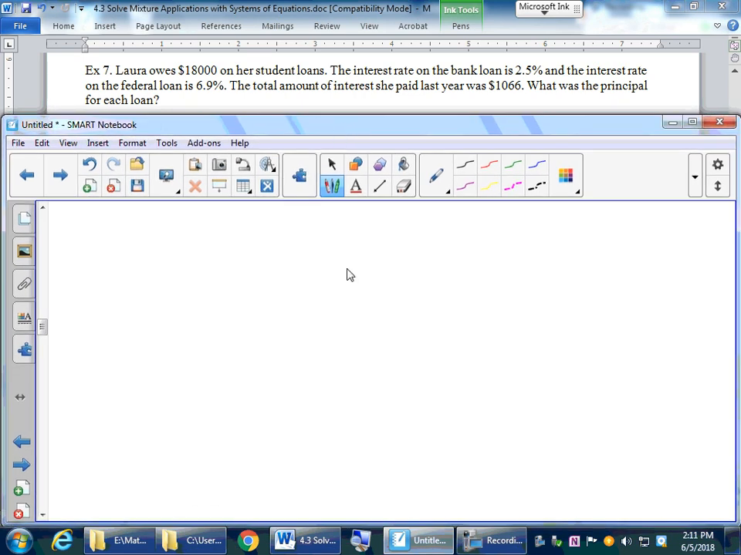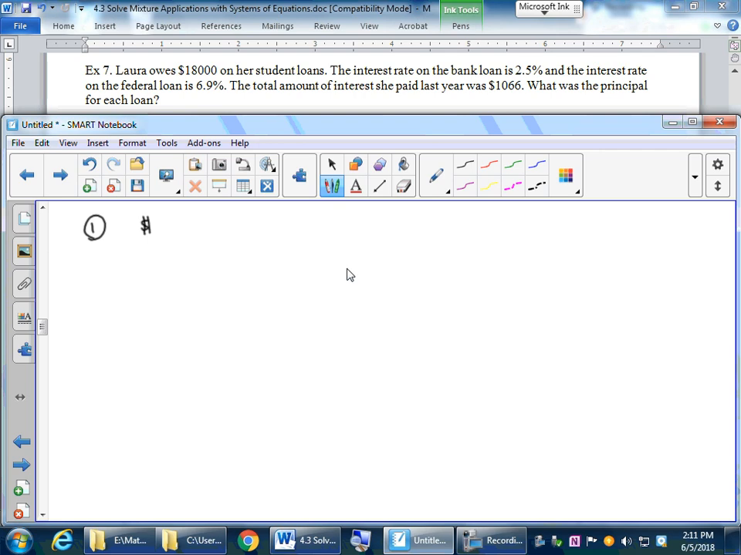So example 7, Laura owes 18,000 on her student loans. The interest rate on a bank loan is 2.5%. The interest on the federal loan is 6.9%. The total amount of interest she paid last year was 1,066. What was the principal of each loan? So in this case, we don't know the amount of loan she took in each case. So the first step will be